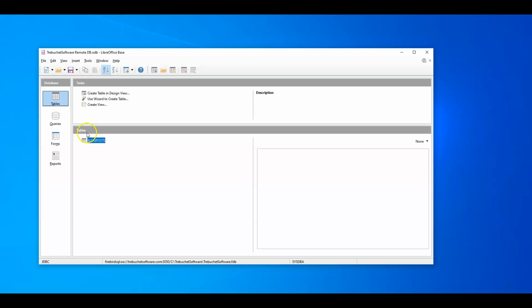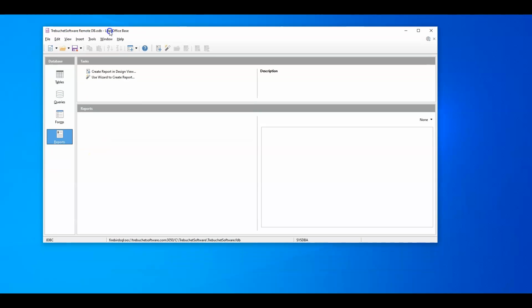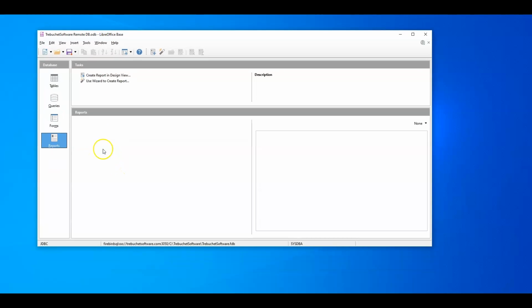If you want to, you can go and add new tables, and this tool will actually give you a designer or a wizard to go and create tables in that database remotely. You can build out specific queries that you can save to go and run data or retrieve data from there. You can build out reports within LibreOffice Base. So it's a very, very powerful tool that lowers the amount of work that you have to do on the